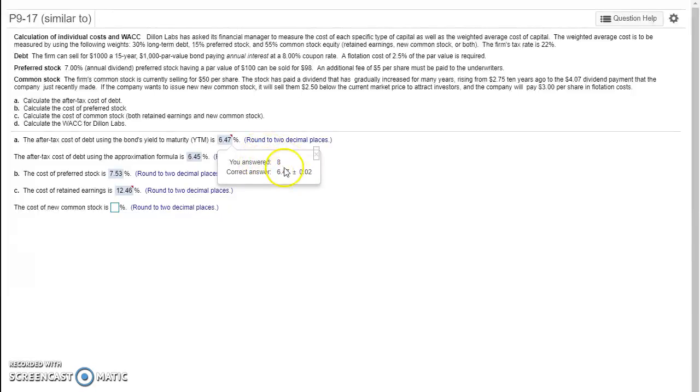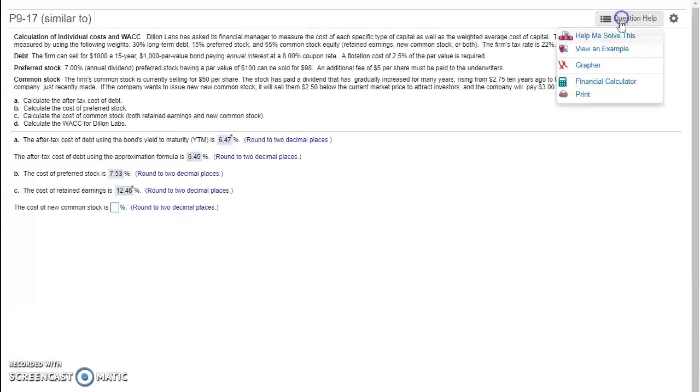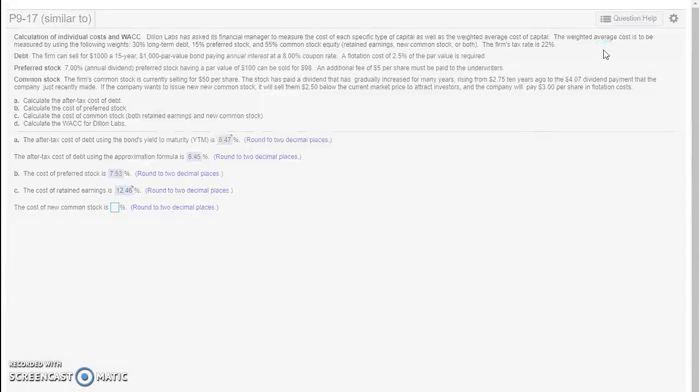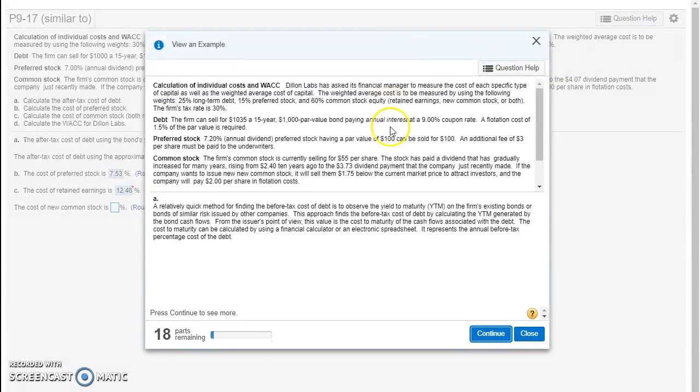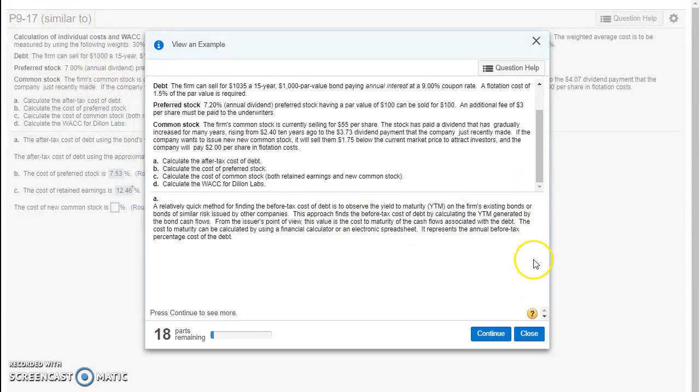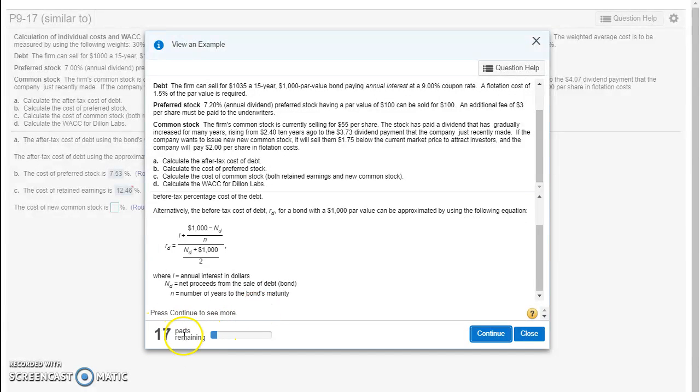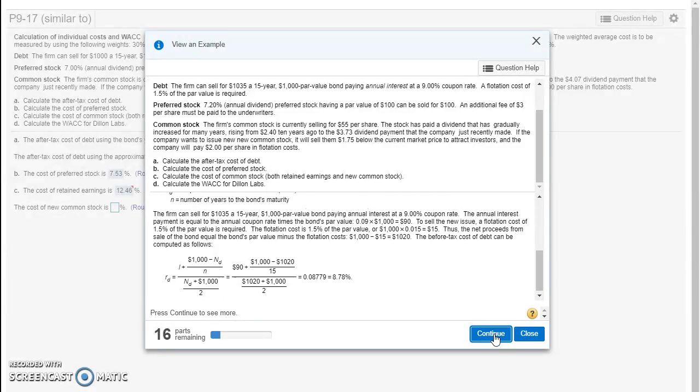But if you don't understand why, one thing you can do is go to the question help and use view an example. The view an example will walk you through a similar type of problem. It's not going to be the exact same problem, but it's going to be a similar type of problem, and it will take you step by step. Different problems have different amounts of parts, obviously. This one has up to 18, but you could basically go step by step, one